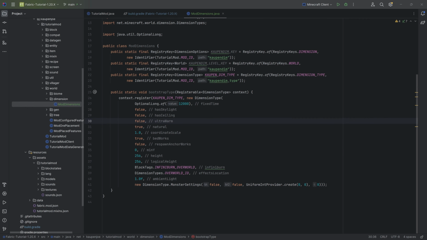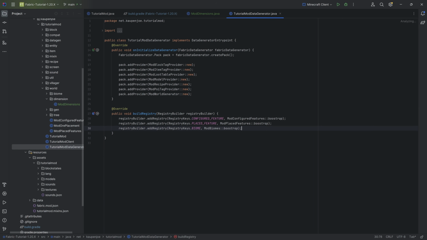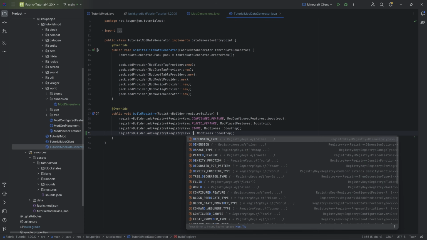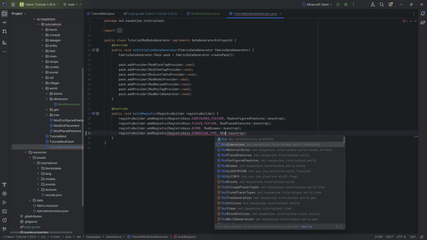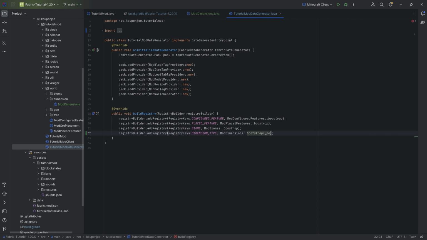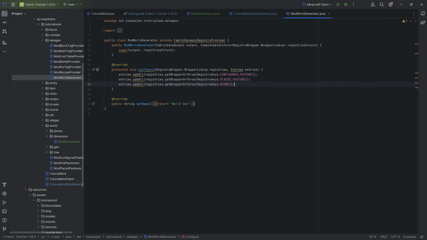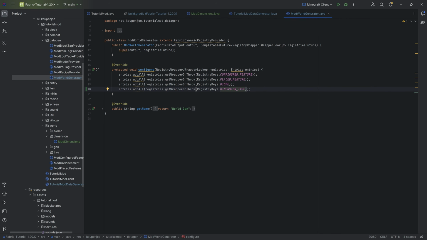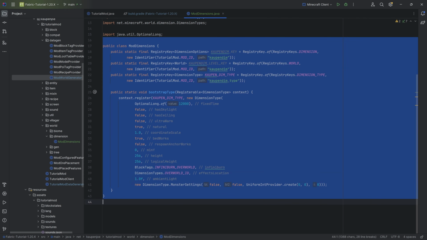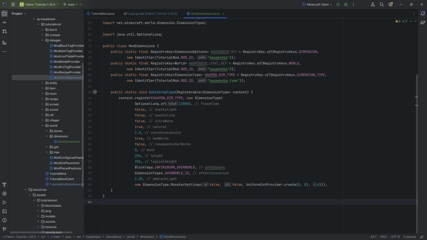And that one is then as easy as just adding it to the data gen right here. So we're going to do this for the dimension type. And this is, of course, then going to be the ModDimensions, and this is going to be the bootstrap type method over here. And we also want to add this in the datagen ModWorldGenerator over here. There's going to be registry key dimension type. And there you go. With those added, now the dimension type JSON file is going to generate, and the other